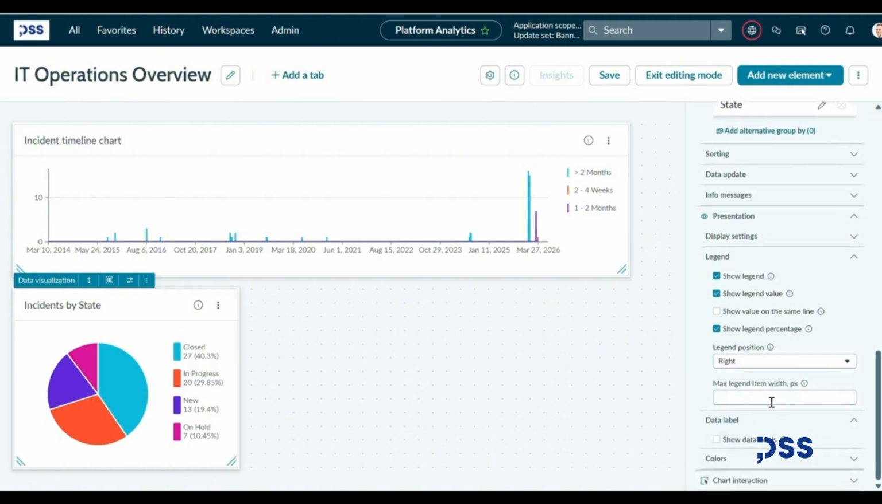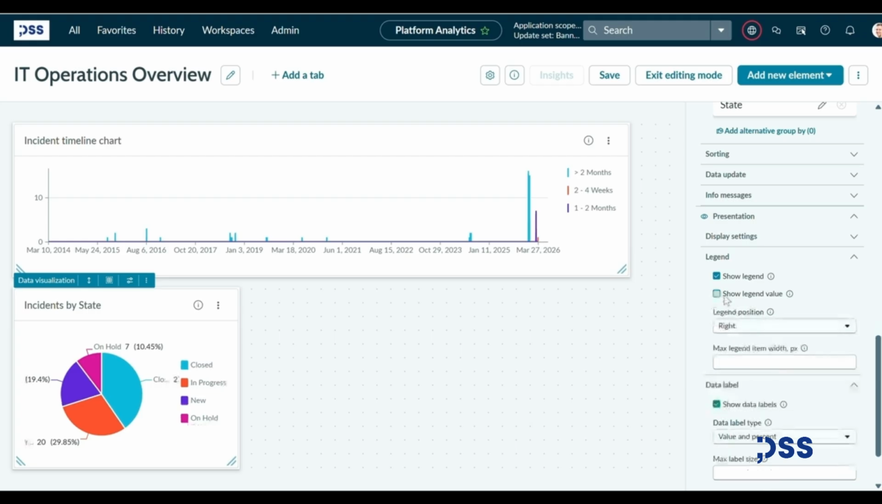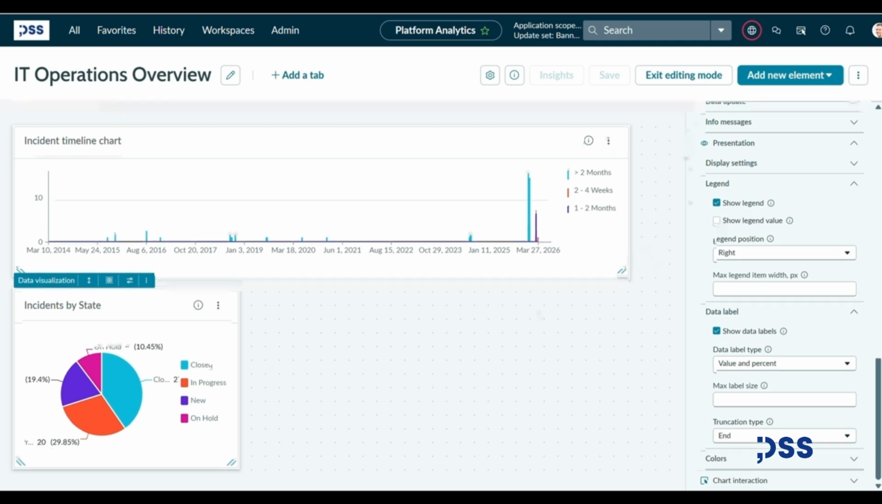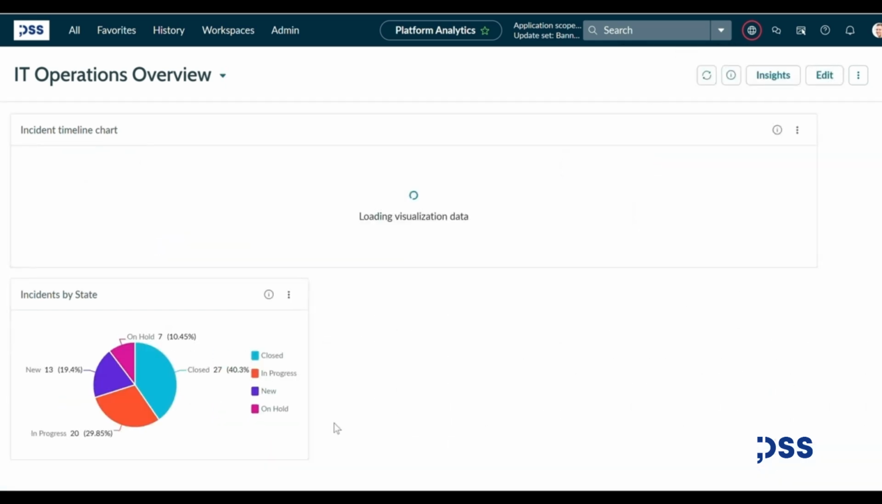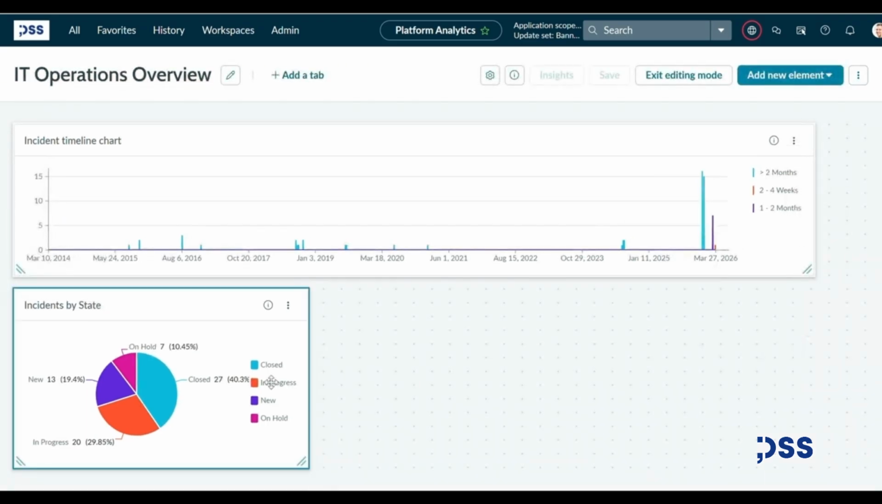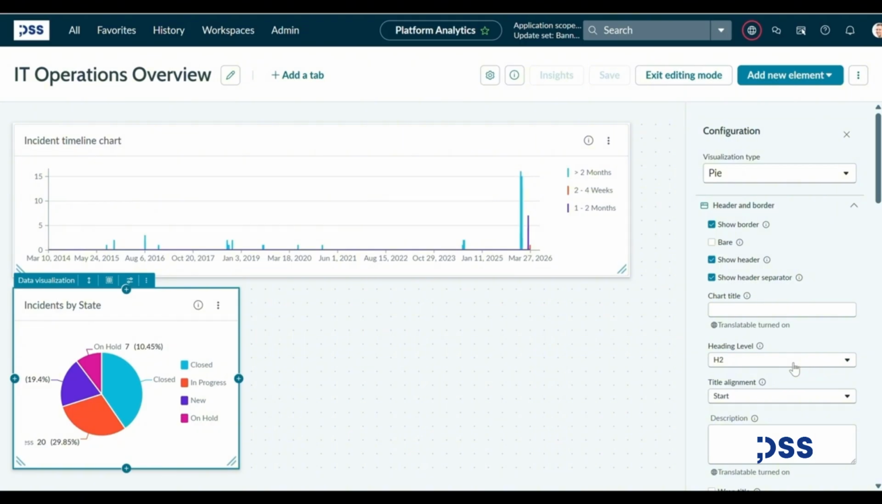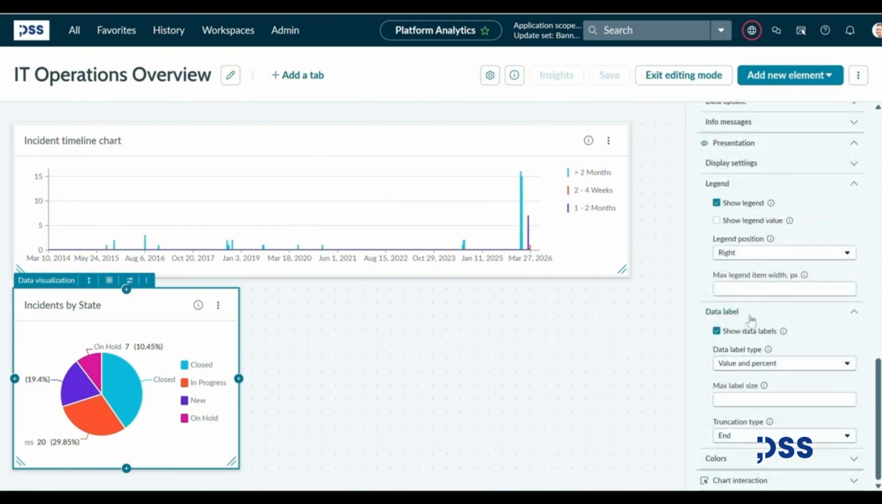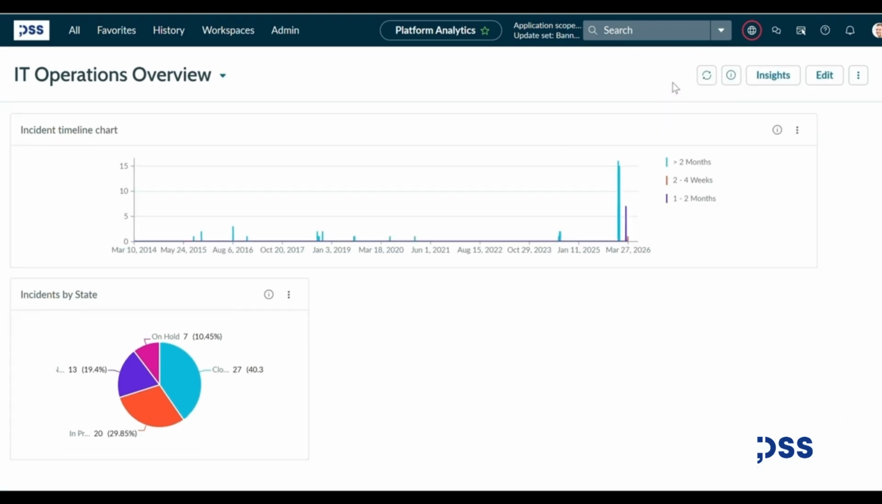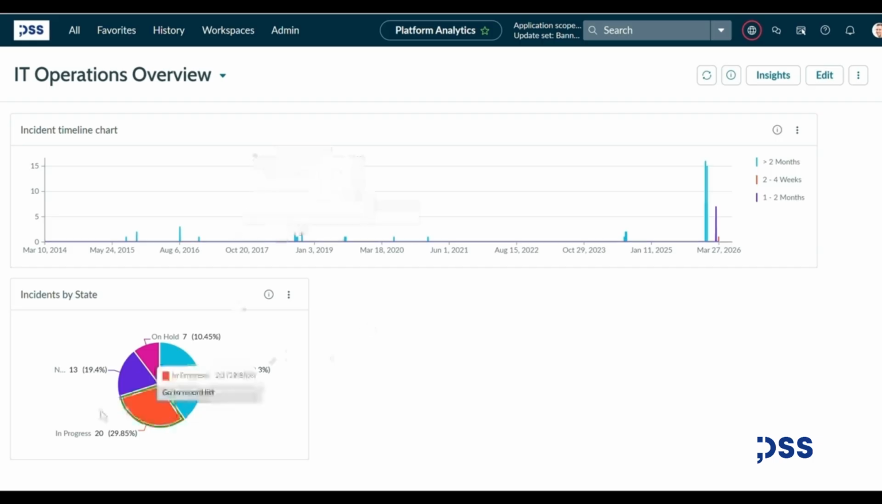And we can go on data label, show data labels, and we can remove the legend value, and save and exit edit mode and go back. I want to actually remove the legend entirely, so I go here to the legend, show legend, and uncheck it, save, exit, and now I can see